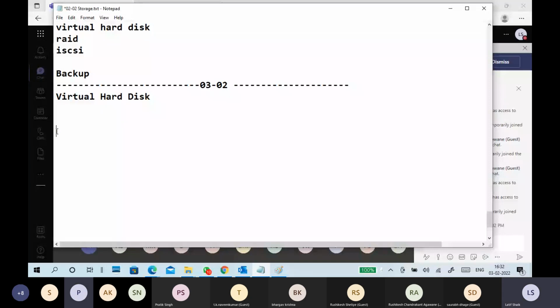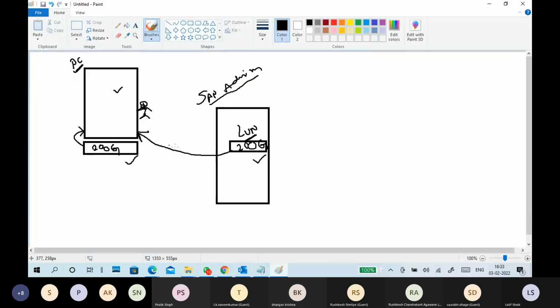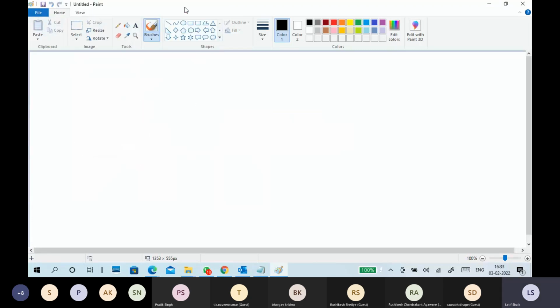Yes, sir. Very good. So here it is, virtual hard disk. Guys, what is the meaning of virtual hard disk? It's a hard disk. We'll simply say it is a hard disk only. It is stored in your physical location. So it is very easy to say: creating a virtual hard disk and drawing a virtual hard disk. So in both ways you can tell. I will show you how to do it practically also.